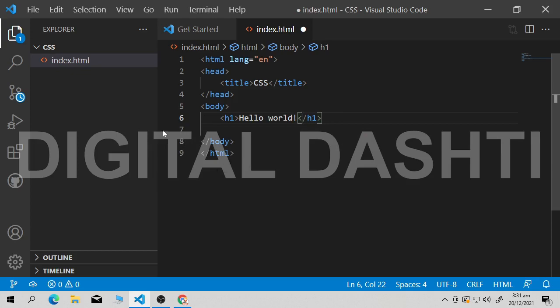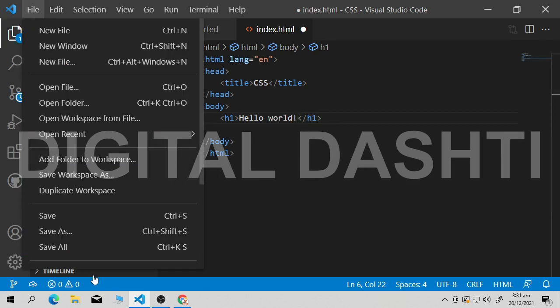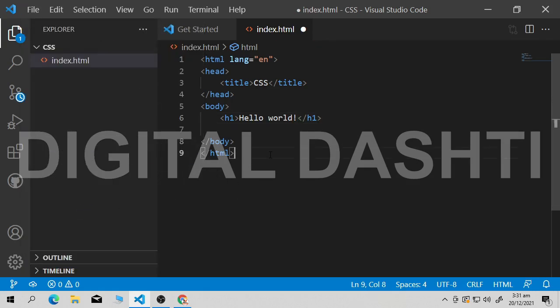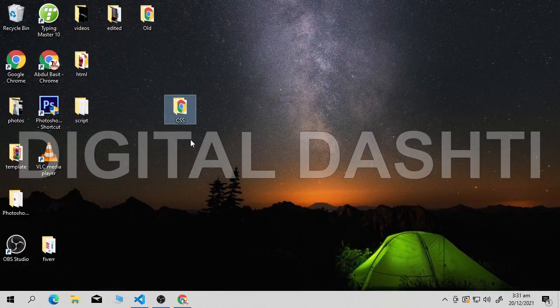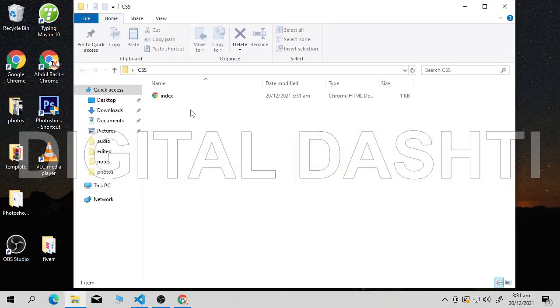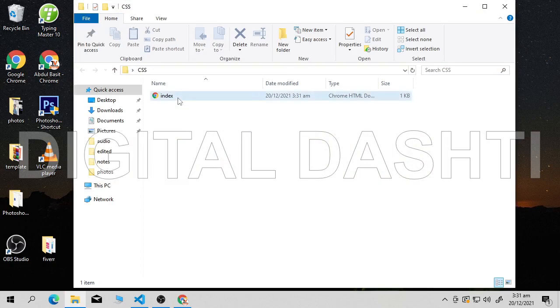Now just save your page. You can save your page from File and Save, or you can use the shortcut keys Control plus S. Okay, this is saved. Now open this particular file in your browser. First of all you have to open your folder. This is my folder.